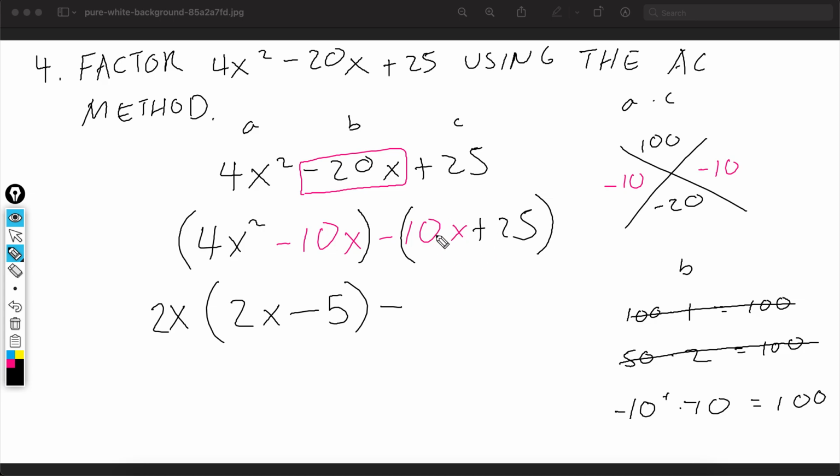What do we factor out here? Obviously a 5, right? Because 5 times 2 is 10, 5 times 5 is 25. So 5 is the greatest common factor. That would be 2x, because there's no x here. What do we got here? Now this is something you gotta realize. Check out what I'm doing. Negative 5